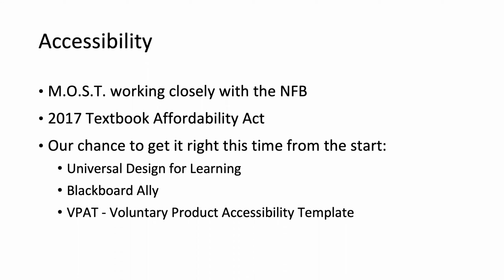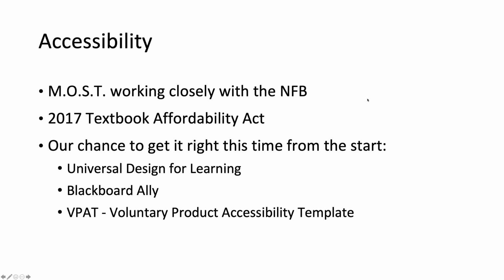I'll just back up quickly on Blackboard Ally. Even though it is owned by Blackboard Company, it was developed by a third party, and so it is compatible with other LMS systems, for example, Canvas. So I would urge you to take a look at this product. It's really making a difference in the world of OER and learning for people with disabilities in particular. And it does also deliver content in various formats on the fly. So for example, if you need an EPUB version on the fly, it can do that. So definitely take a look at that product.